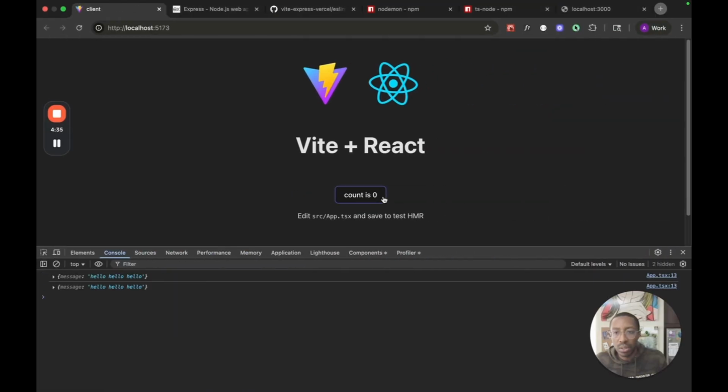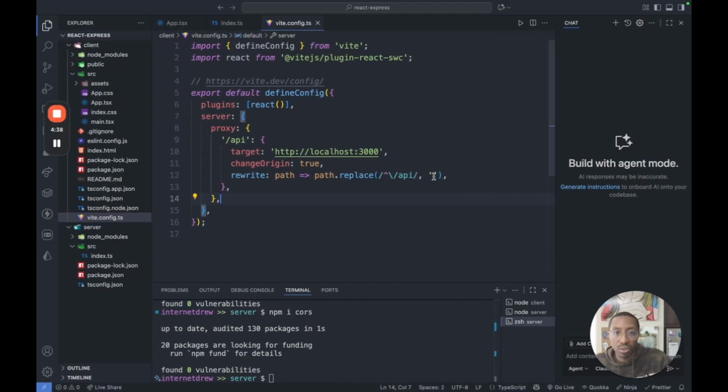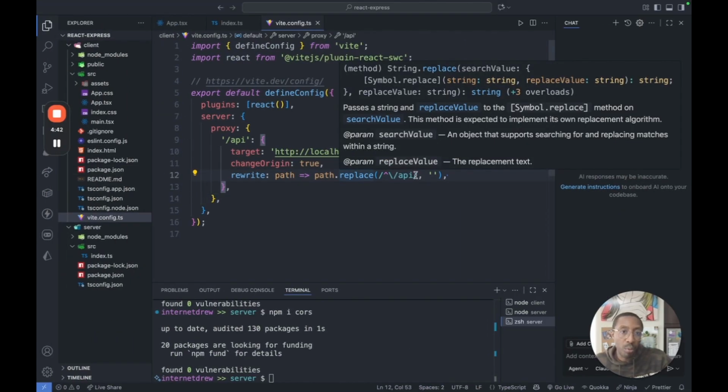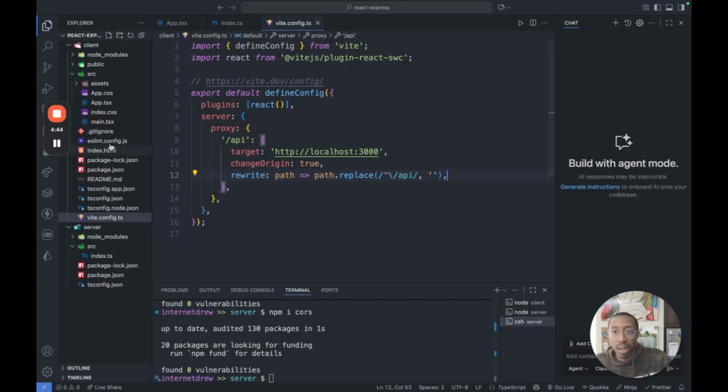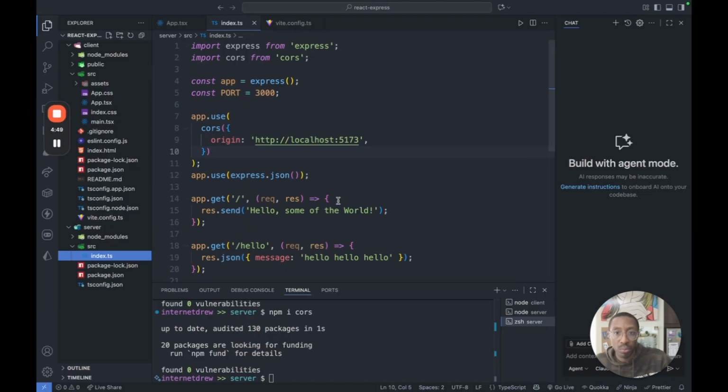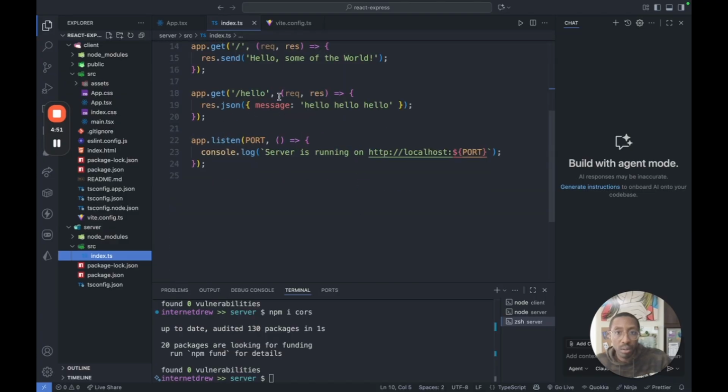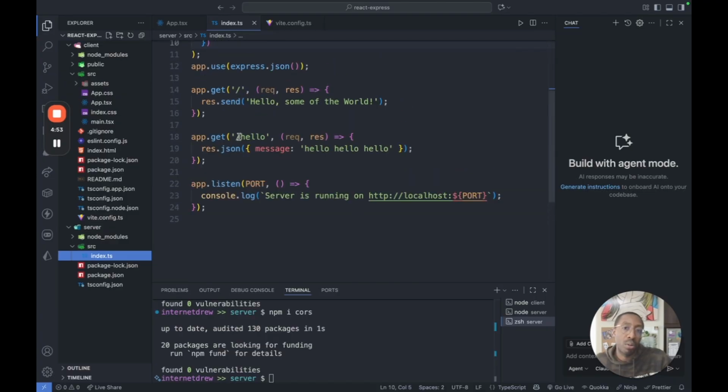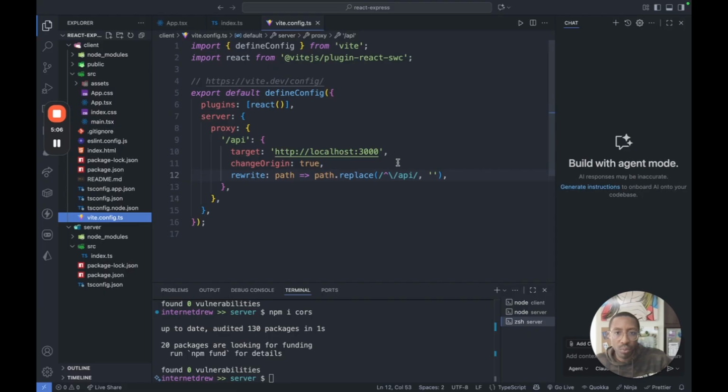So you do this, and right now you're able to still get your messages. And the reason this is happening is because we rewrote the path, and we're replacing anything that starts with API with blank, so that we actually don't need to change anything about the way we have our code here, because now /API/hello just takes us to here. If you do it without that regex, what you actually end up having to do is do this for each one. So you probably want to keep that clean,